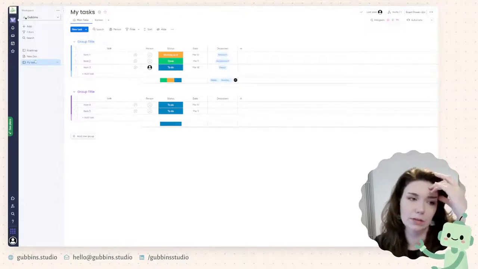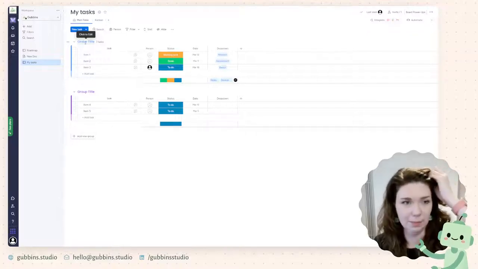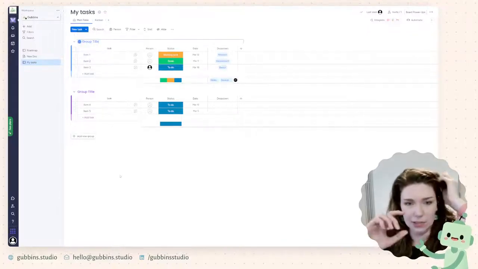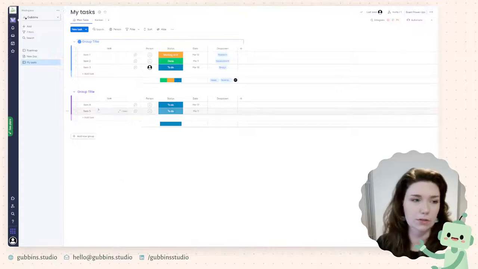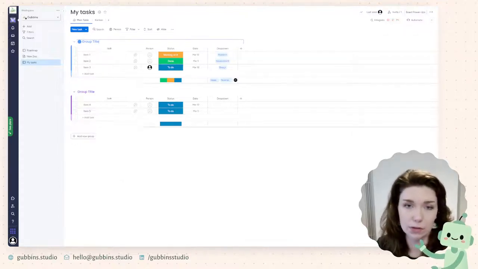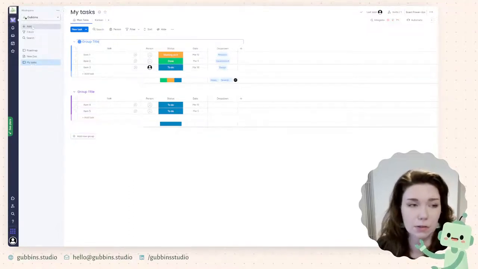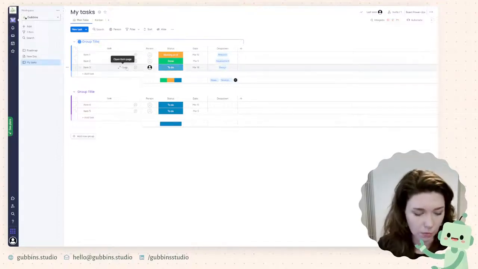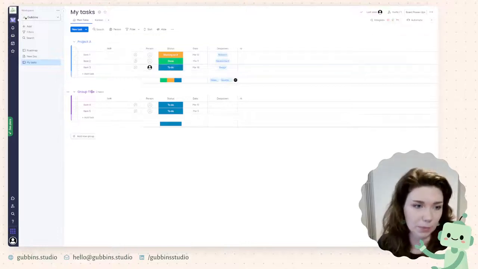So within Monday.com, they have these groups. So either you could use, in the same way we have done with all the other tools, if you're setting things per project, you could set them in the left-hand side. So you could create a new board for each project that you're working on, or you could set them like this. You could go project A, project B.